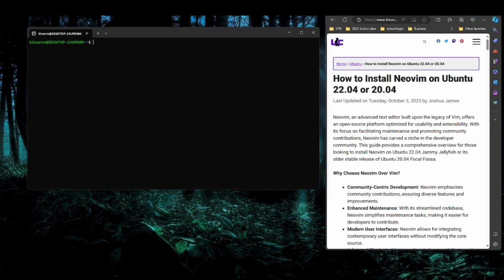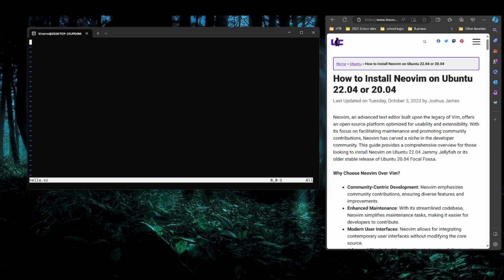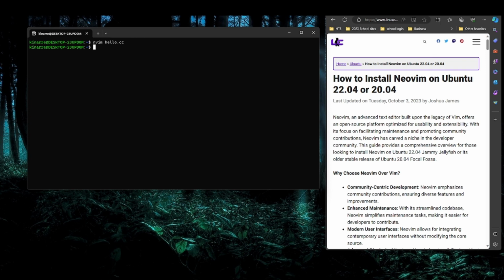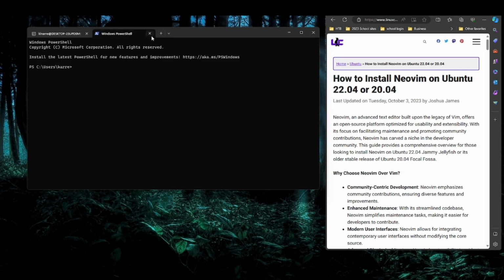If you just want to make sure that Neovim is installed, we'll go Neovim. Let's do a hello C++ file. There you go. We got Neovim here. I know I had a question about why this doesn't look purple because of Ubuntu. If you just